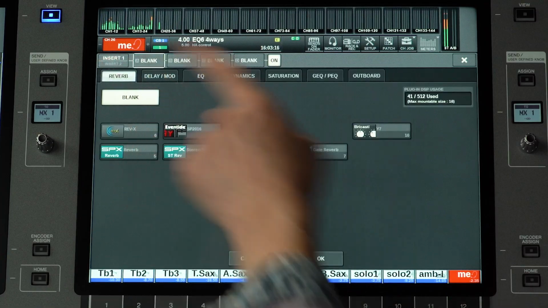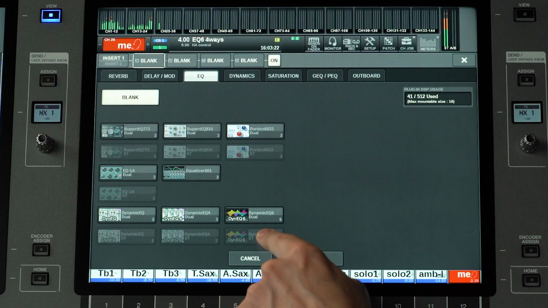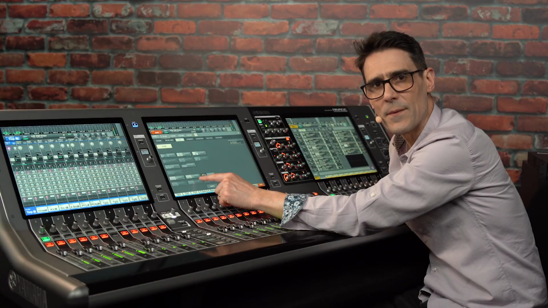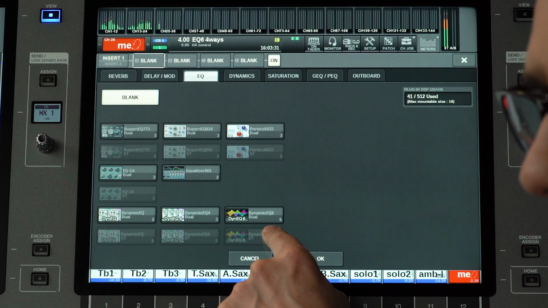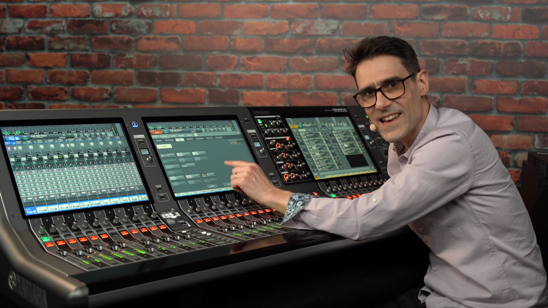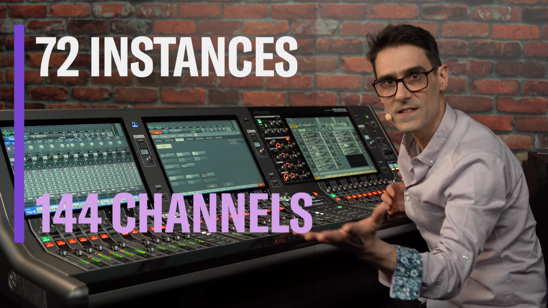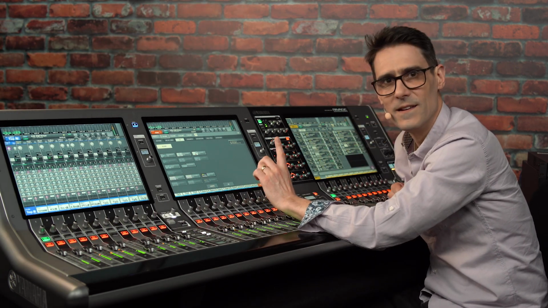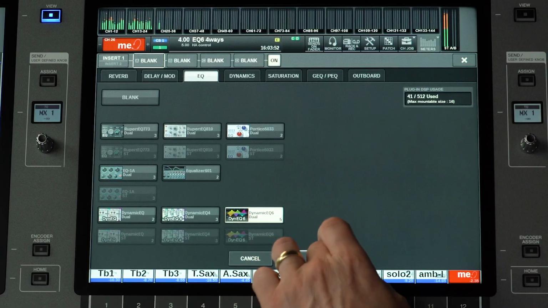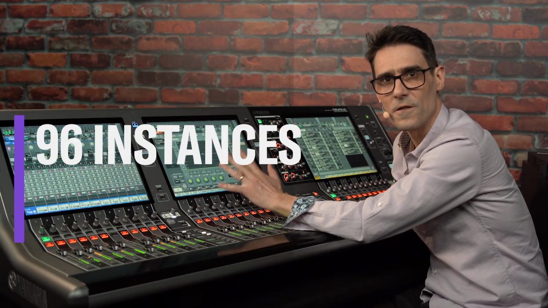Find all the Dynamic EQ plugins in the EQ section, and note that EQ6 uses a little more processing than the 2-band and the 4-band Dynamic EQs. 5 units of DSP resource means a DSP R10 or DSP RX engine can run up to 72 instances of Dynamic EQ6, which means 144 channels worth of Dynamic EQ, while a more powerful DSP RX EX can run up to 96 instances for 192 channels of processing.